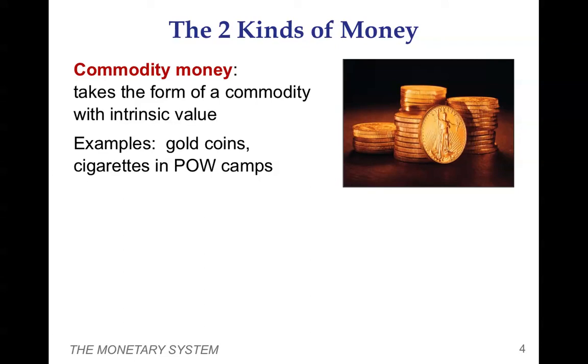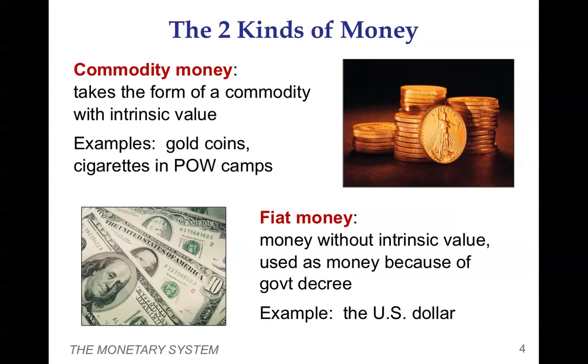Fiat money is money without intrinsic value. There it is. It has no value. It's just paper, except when government decrees that it does have value. Now, you can theoretically print as much fiat money as you want, but that could debase the value of each unit of currency. Commodity money, there is a limit. You're limited by the amount of the commodity that is out there. That doesn't mean that there can't be inflation with commodity money. If there's too much of the commodity out there, the value of it as a currency goes down.